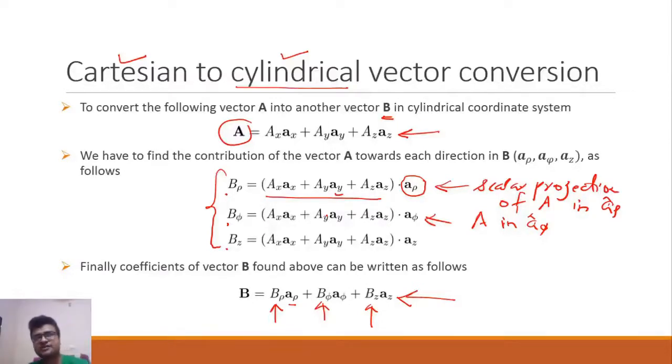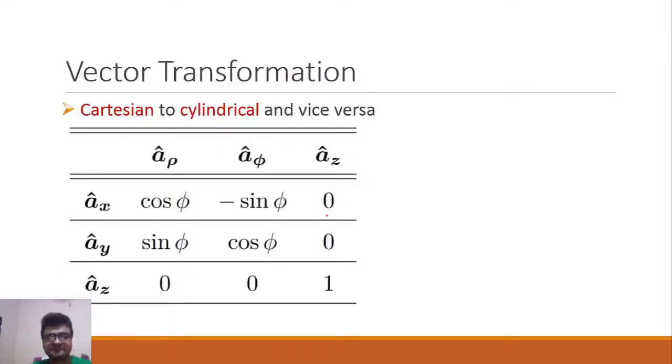All the books that have some basic electromagnetic theory, or the books that explain coordinate systems, will give you this table, and even if you don't find it in books, you will get it here. This table is taken from the book by Hayt. There are many books like Hayt and David Cheng that will tell you this table. This table is the best to remember what the answer will be if you dot multiply two unit vectors from different coordinate systems. So this table tells you what happens if you dot multiply